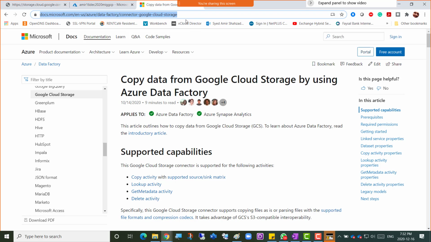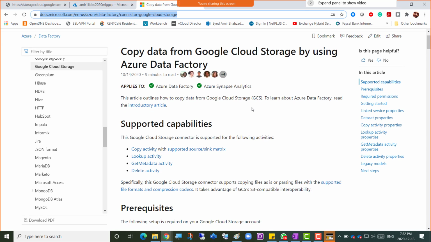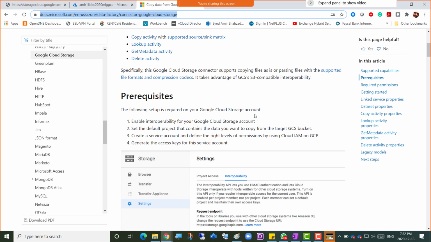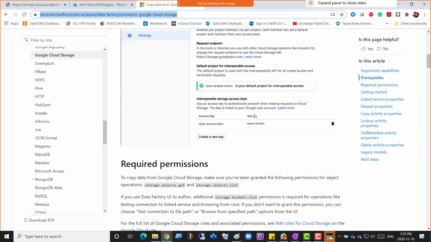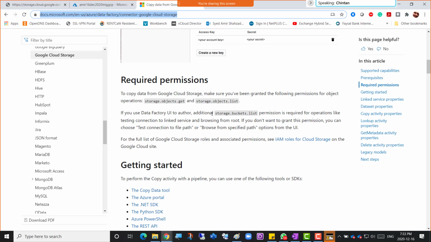So yes, and they said required permission. Yeah, so I was going to go for those permissions. Well, is this document going to mention the permissions as well? Go down there. Yeah. Oh, this one. Okay, so required permission for that. To copy data from Google Cloud Storage, make sure you've been granted the following permissions for object operations, storage.objects.get, and oh yeah, thank you for that. So well, I'm just going to go ahead and